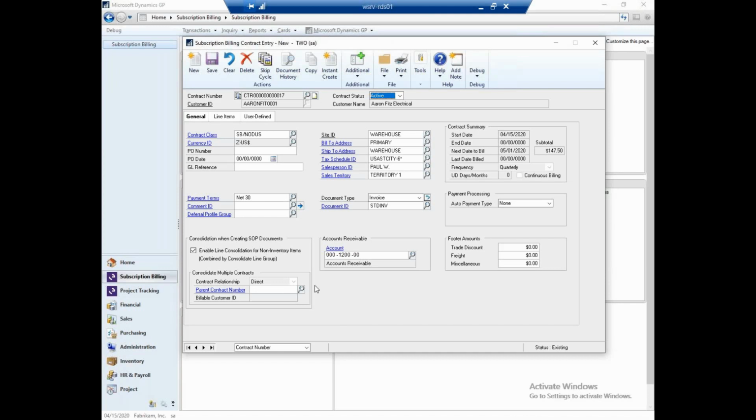And then when you run through the billing creation, subscription billing will look at all of the contracts that are grouped together and find the line items on each of those contracts and pull that into a single sales transaction. Now, the customer for the child contracts and the parent contract do not even need to be the same customer. So if you think of something like